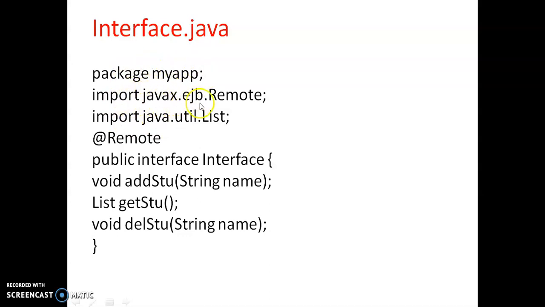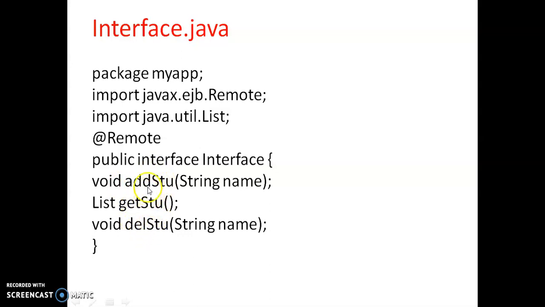Here import javax.ejb.Remote. This is a remote interface, so you have to write it as Remote, then java.util.List. Why do I write List? In order to store the student names in the form of a list. I annotate this interface as @Remote, which means it acts as a remote interface. Here is the public interface, this is my interface name. Here I am writing three